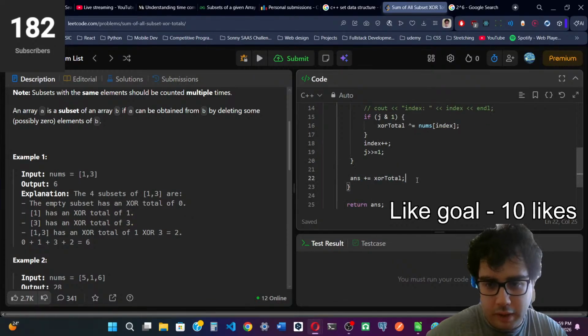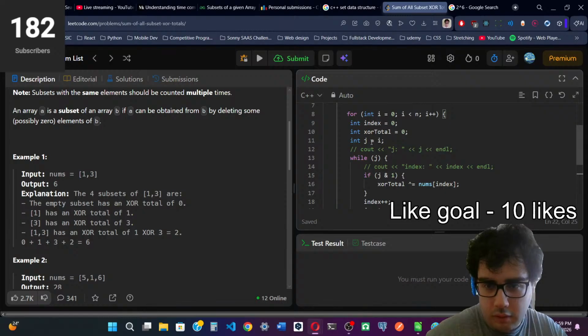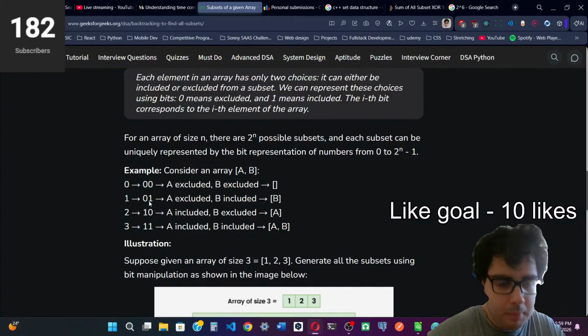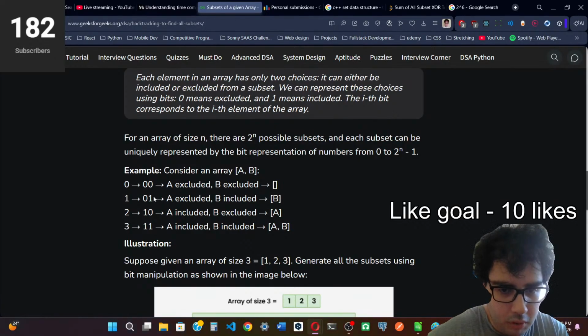Then we add 0 to the answer, okay? So now we're on the next iteration. Now J is equal to 1. J is equal to 1 in decimal, and in binary, 1 is 0 1. So basically, we are going to include the element which is on index